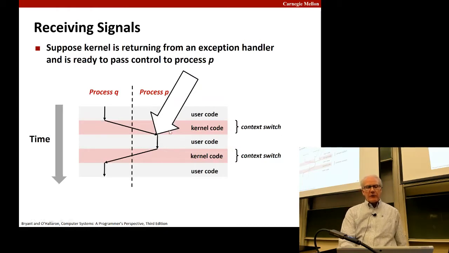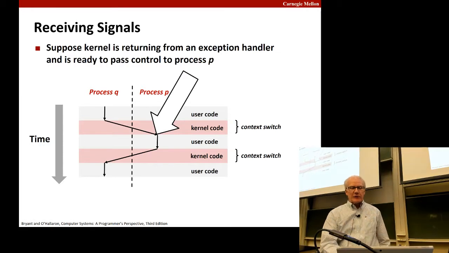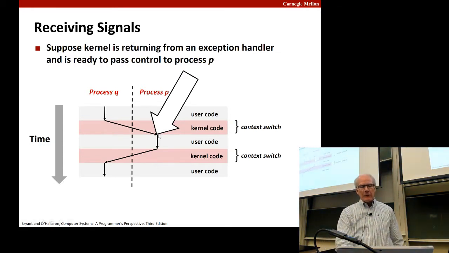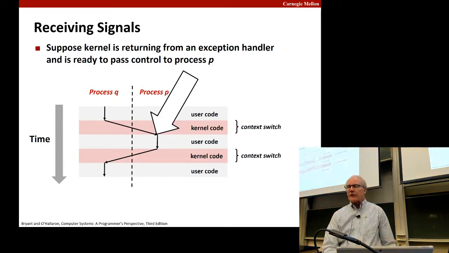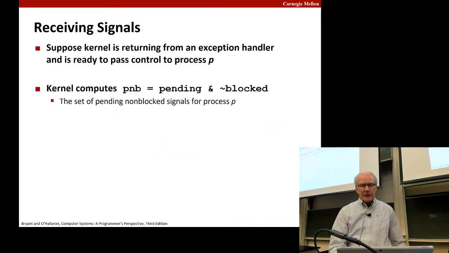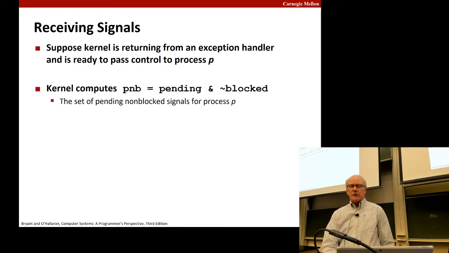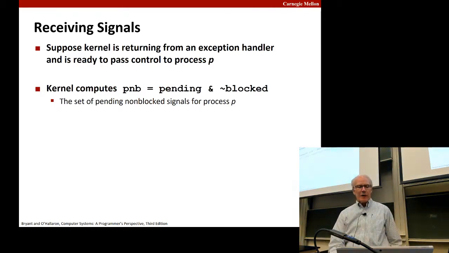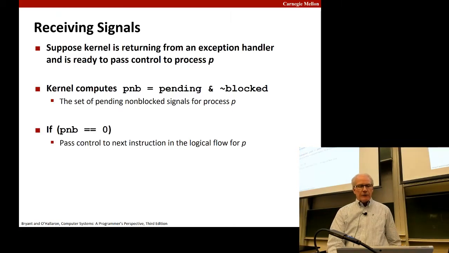So this is the point also at which it's going to handle any pending signals. Now what it's going to do is look at process P as it begins to get ready to fire it up. And it's going to say, hey, are there any pending signals for process P? And it will do that by looking at this sort of combination. Are there any signals that are pending that are not blocked? And then for each of those,